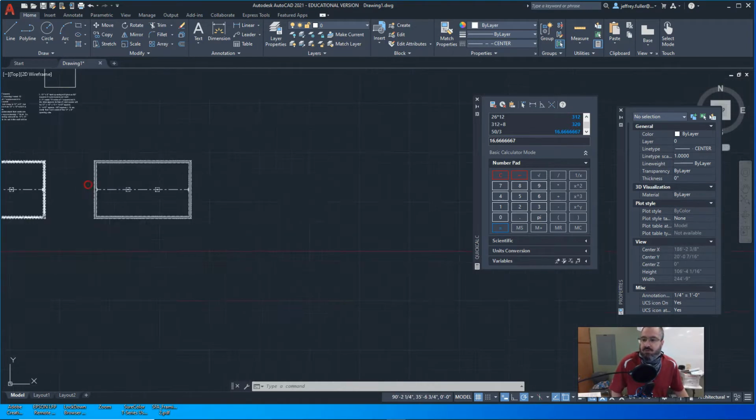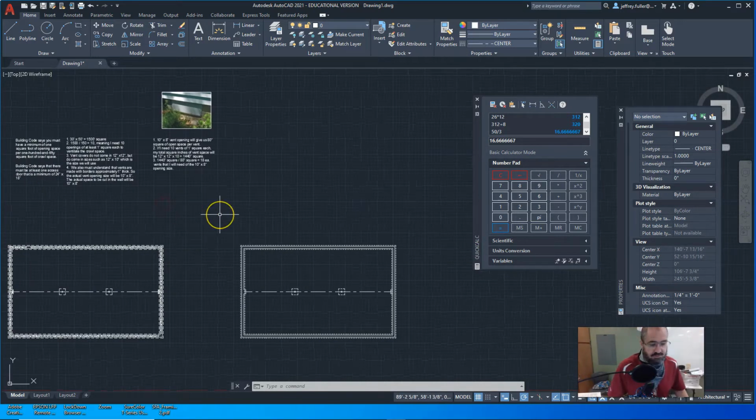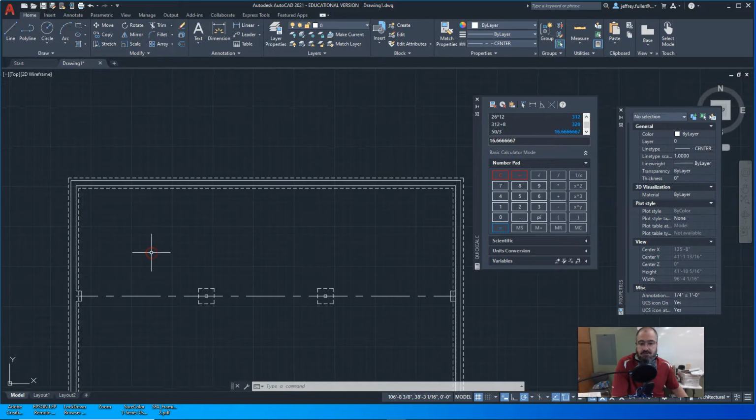And that's one thing on code I don't think I put up here, but I do want you to write this down. So stop right now, pause the video, go get your notebook and write this down: the vent spacing has to start within 3 feet of each corner. So there has to be a vent within a 3-foot space of each corner. So if I have this corner right here, and then I draw this out 3 foot,